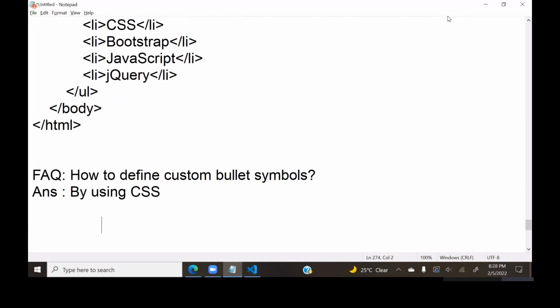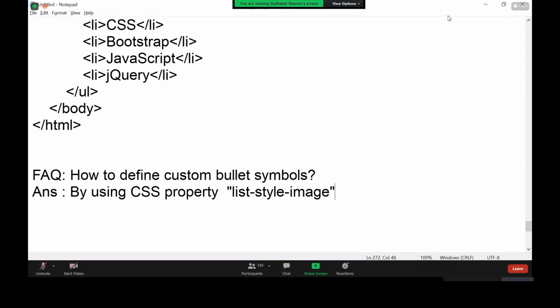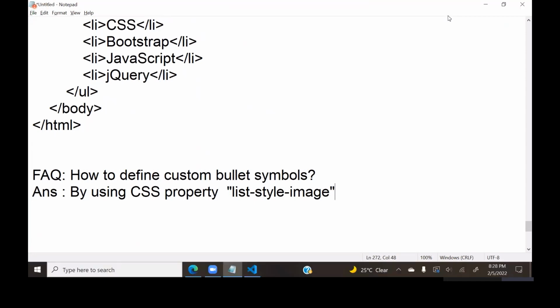Actually, by using CSS, you have to use a CSS property. That property name is list-style-image. That is a property through which you can put your own symbols, icons. You have to design them. You can put any animated effects, anything you can configure. For example, suppose